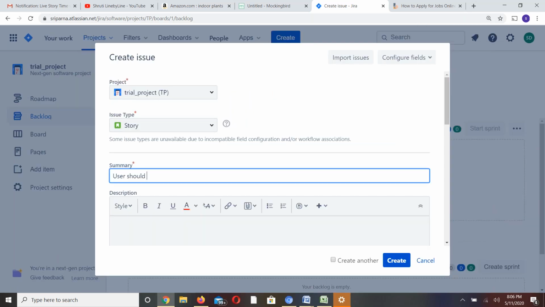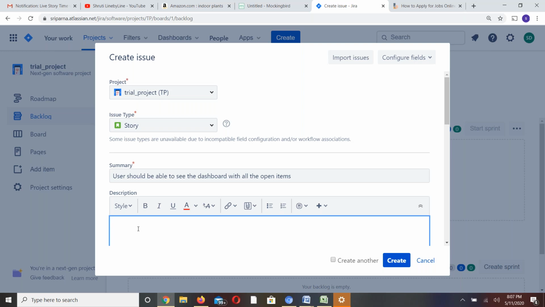able to see the dashboard with all the open items. For this project, there is some dashboard that we are creating, and we should be able to see the dashboard.